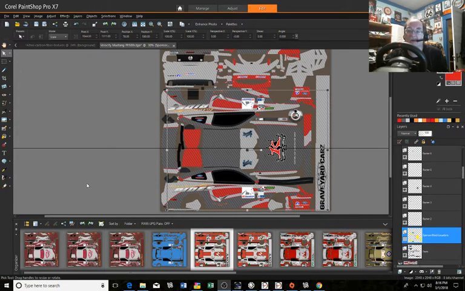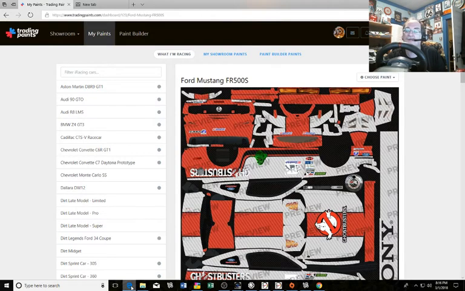So now we're ready to go ahead and import this into Trading Paints. Go over there. I use Microsoft Edge. Now you see we're in Trading Paints right here. Trading Paints is a free program if you don't know it already, unless you're getting Paint Builder. If you get Paint Builder, it costs something, but it's not really that bad. It's a year subscription basically. But you don't technically have to use it if you've got a paint program like Photoshop or PSP or even